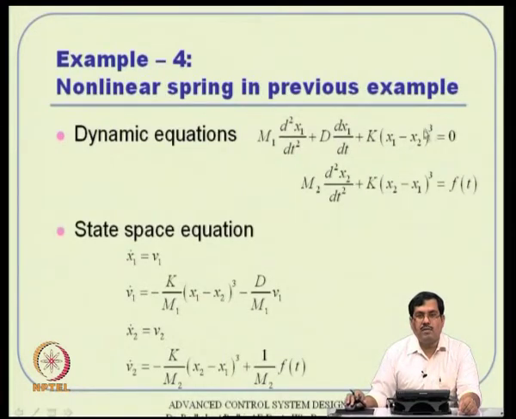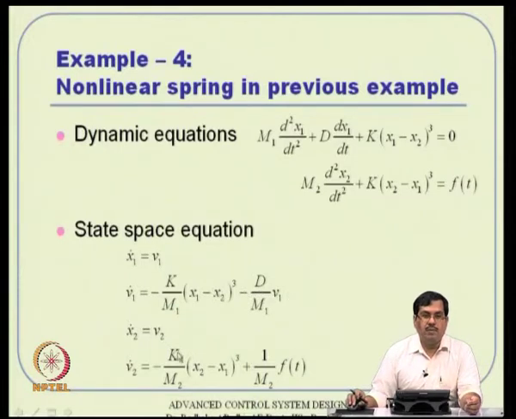So, the system dynamics takes the form of a cube here. Earlier it was just this with power 1, now it is power 3 on both sides. So, now you will be able to write this state space equation, but you will not be able to write it in an Ax plus Bu format, that is not possible anymore, but you will still be able to write the system dynamics in a state vector representation form actually. X 1 dot is still V 1, X 2 dot is V 2 and V 1 dot is this one which is still valid, and V 2 dot is this one which is still valid, but I will not be able to write it in the form of Ax plus Bu. Okay, but that is still okay, because it is still a state space representation actually.